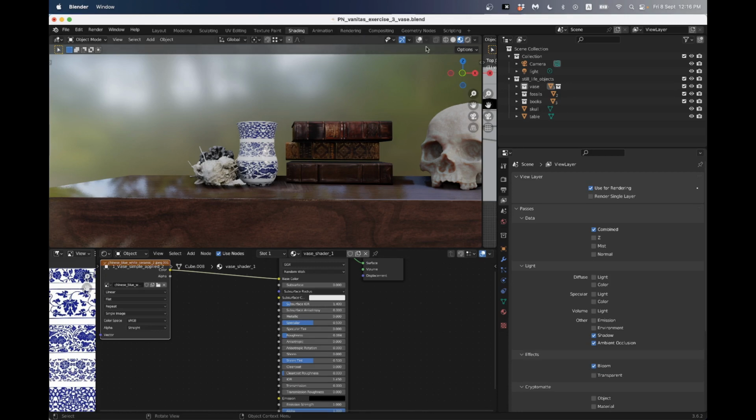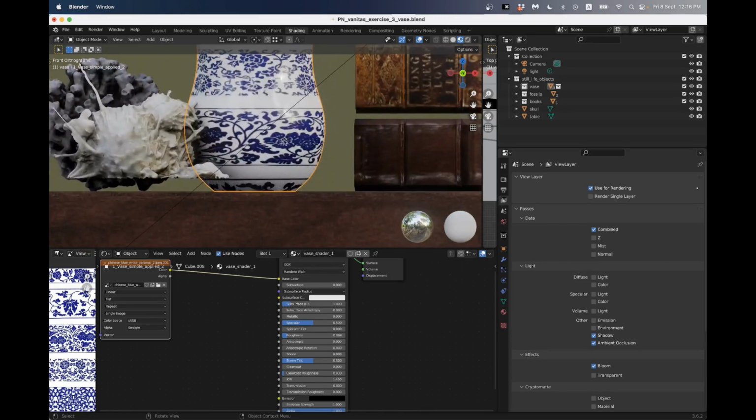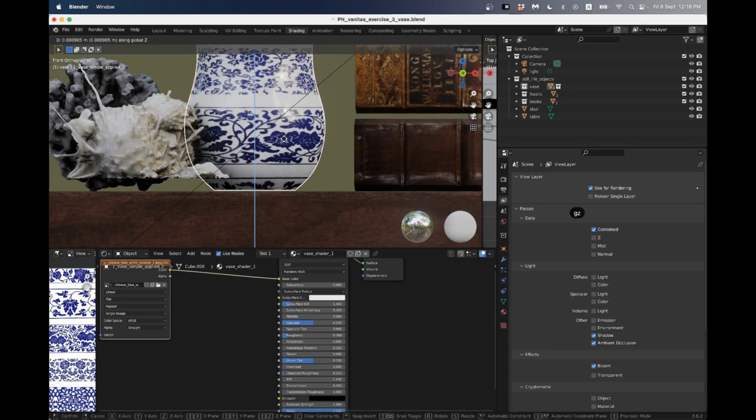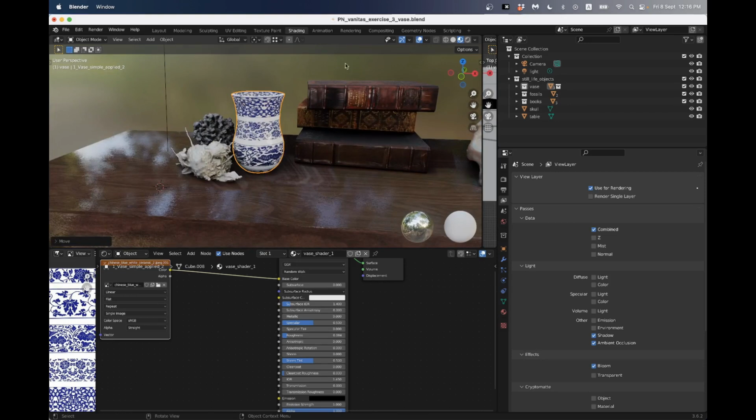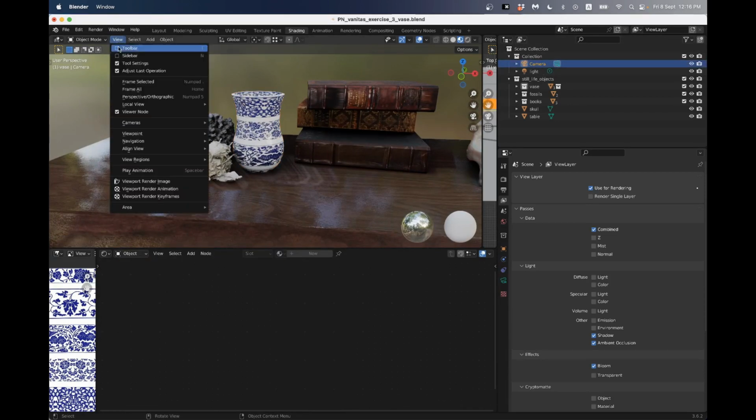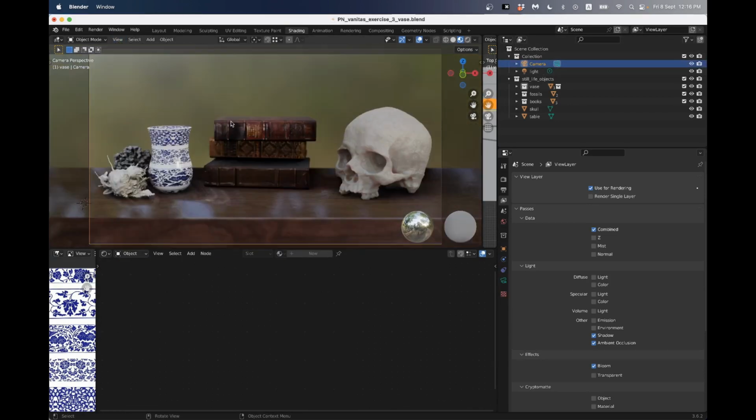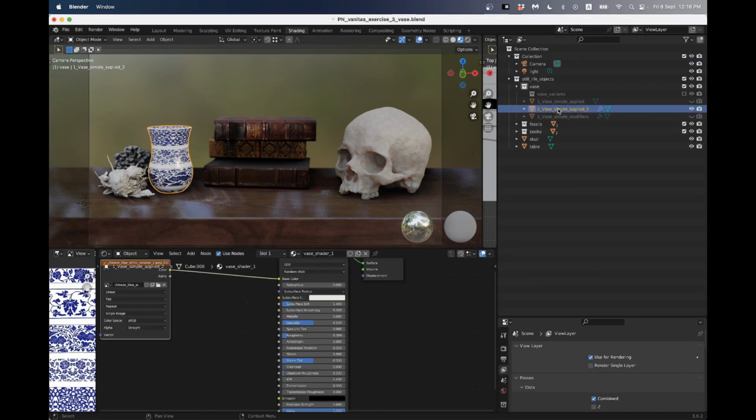Now, one other thing I want to check is my vase sitting on the table. If I go up, yeah, okay, that's not too bad. All right, so now let's just go back and look through our camera. View, cameras, set active object as camera. Okay, so now we've got our textured vase, and in this folder, what you should have is your vase